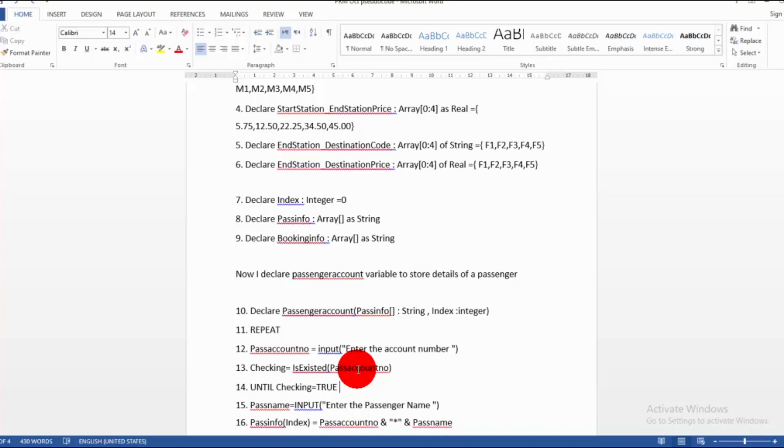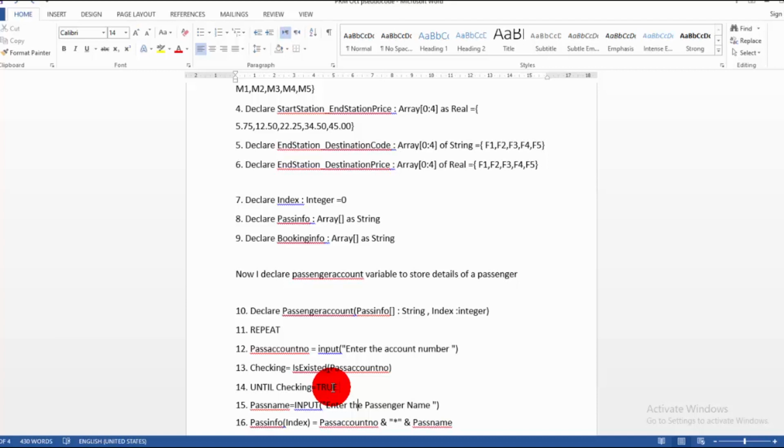We will set the condition, and this will continue the entire process until the checking is true, right? Means it will check whether it exists or not. And when it finishes, until the checking is true, means that if the data is stored in the database, yes, then it will just continue the loop.